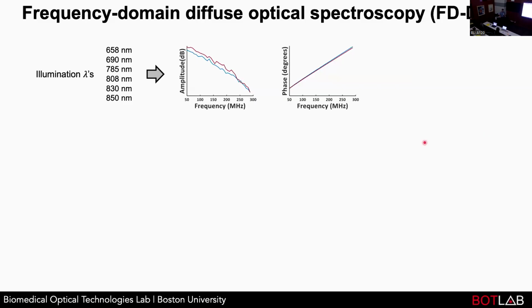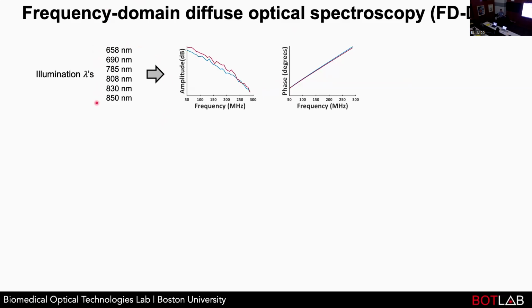So depending on how you build your instrument, you can measure at a single modulation frequency, or it's common for a long time to do sweeps, where we'll measure frequencies over a broad frequency range. And typically we modulate laser diodes. Laser diodes you can just buy off of Thorlabs. They modulate pretty well. So for example, for a typical measurement that we might take in breast tissue, here's a